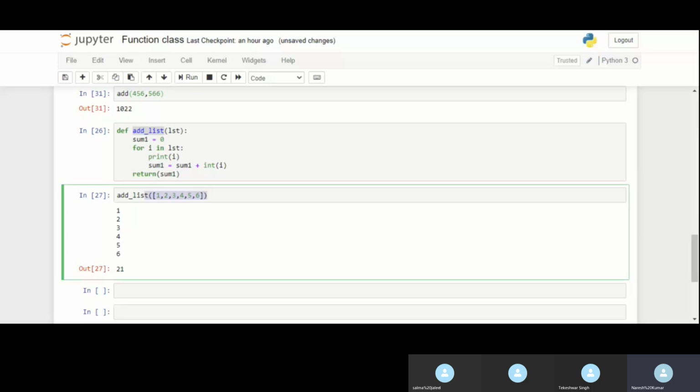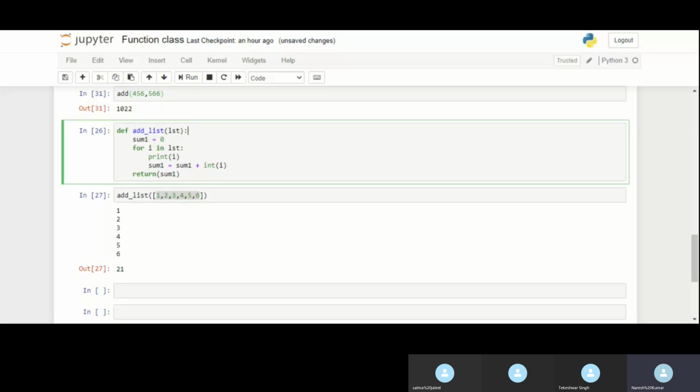So the addition of all these numbers is 21. We can do addition, we can do multiplication, all sorts of things we can do with the help of a function.